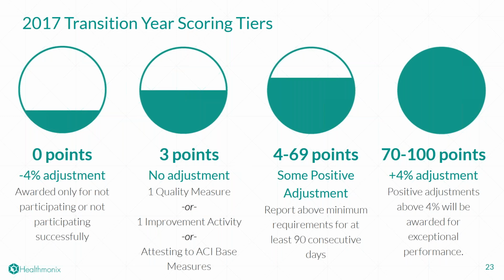And what that does is it will make you eligible to earn the 4% positive adjustment, as well as be eligible for the exceptional performance bonuses that we talked about earlier. So the higher you get in point value, the more you can earn. And again, if you're getting 100 points, you're going to get the max or most in positive adjustments. If you're getting 70, you might not get as much. So understanding your performance as it matches up with these different tiers is going to help you understand what you